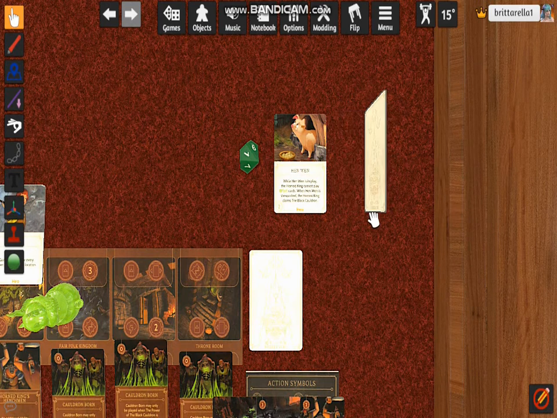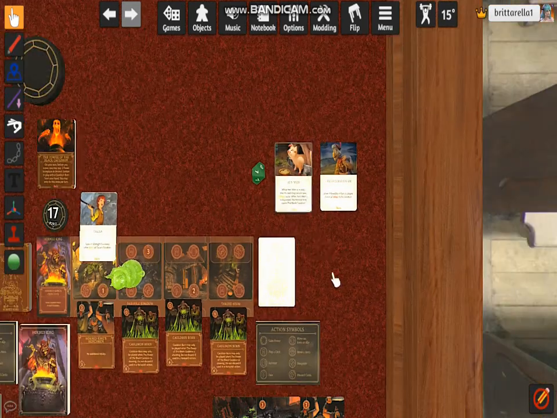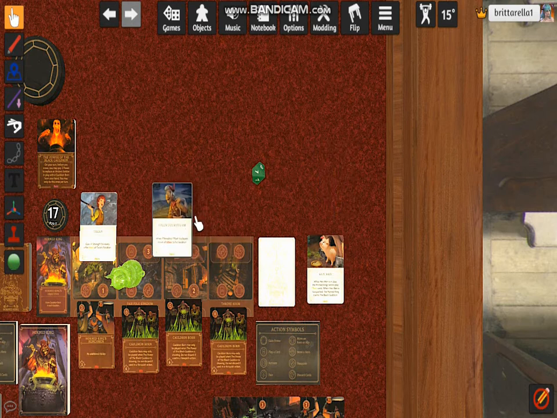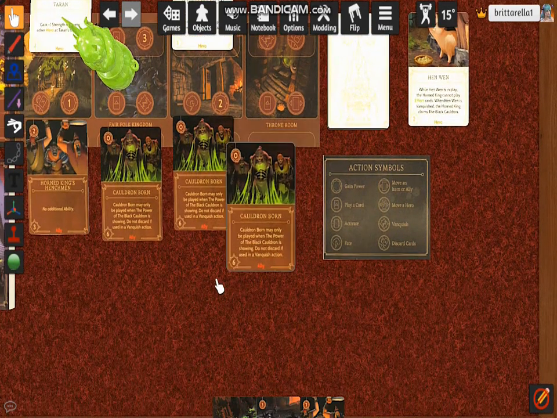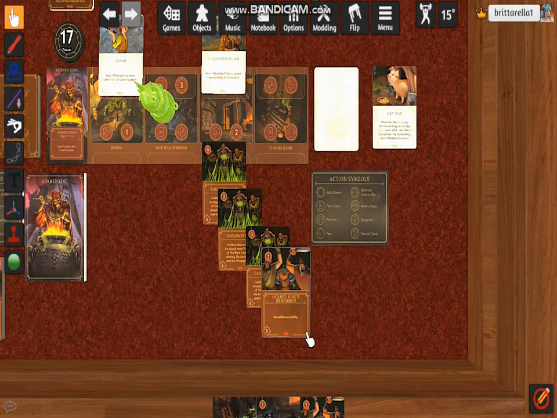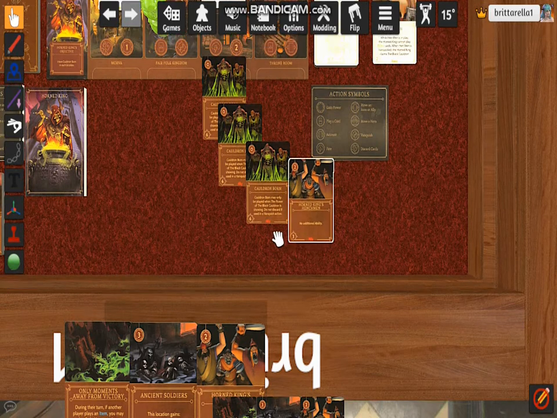Or we can go with this guy, which moves allies to his location. Which is not a good idea. Not a good idea. And by move allies, it means all the Cauldron Borns, which is not a good thing. It is not a good thing. Simply because, you know,